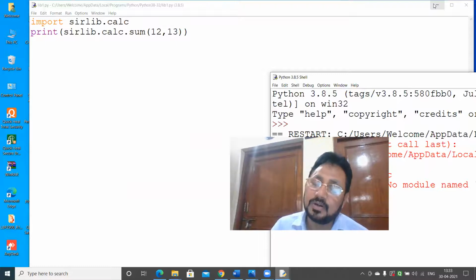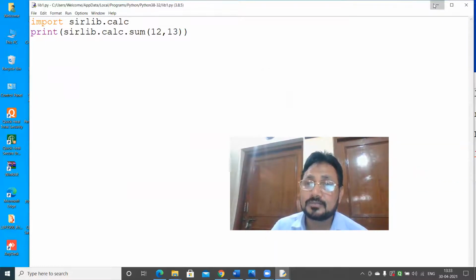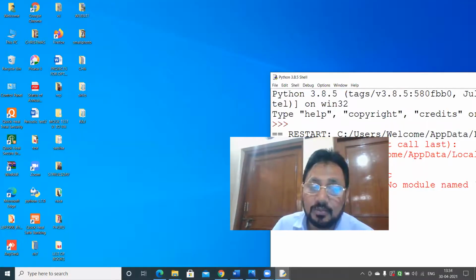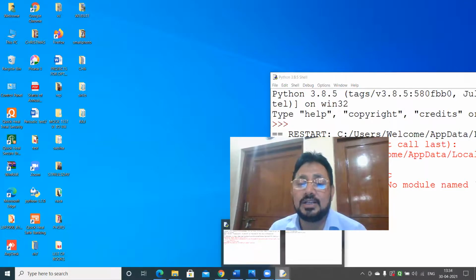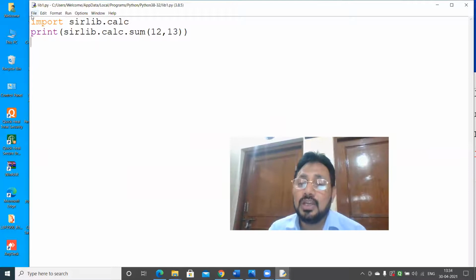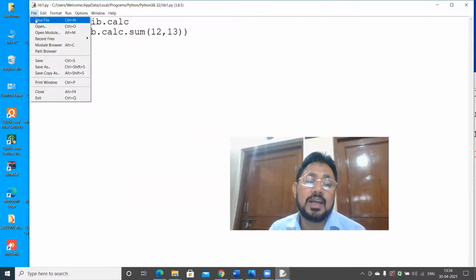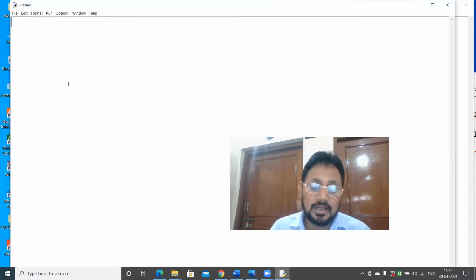We can add a folder again in a folder, and then to that folder we'll add some files. Now one more important thing which you have to learn here: you have to create an empty file in it, File, New, empty file. And please remember all the steps if you really want to learn programming and you want to make your own library.